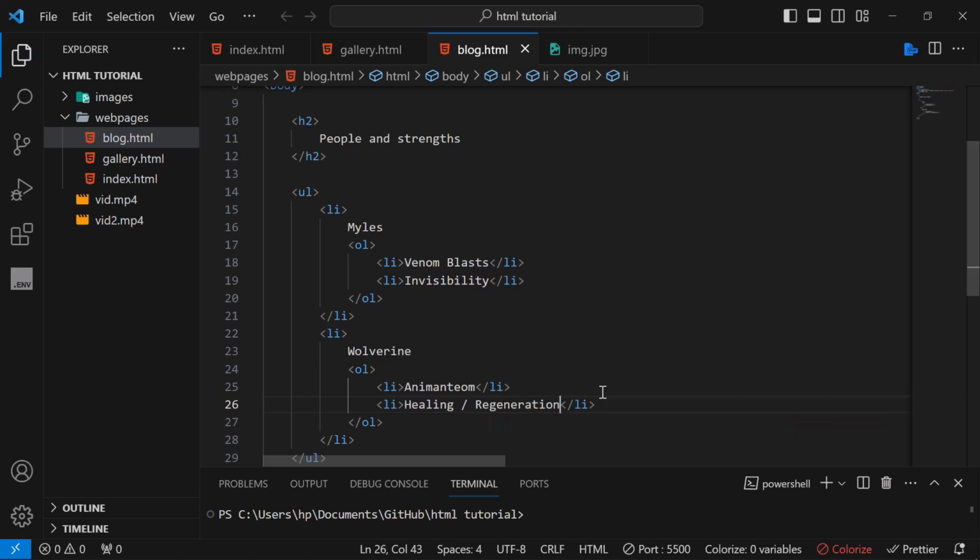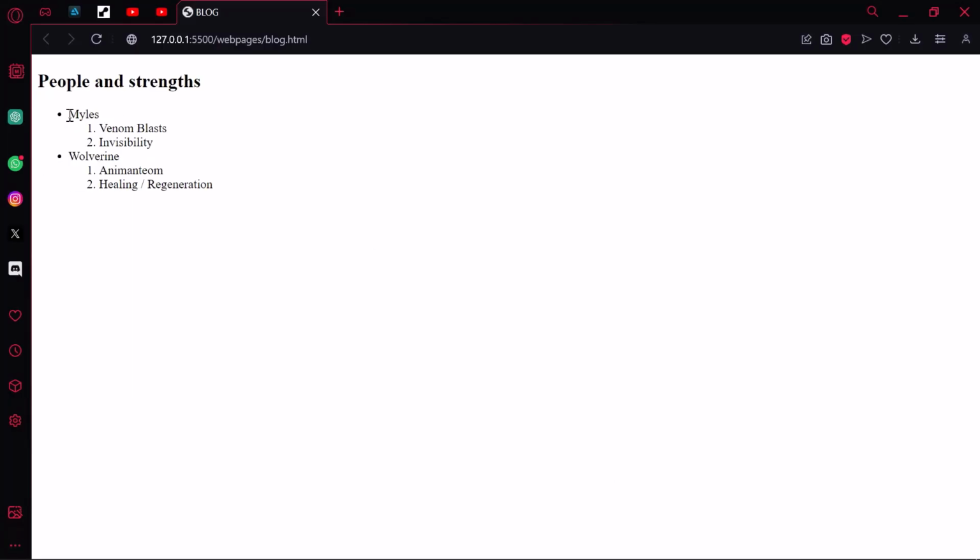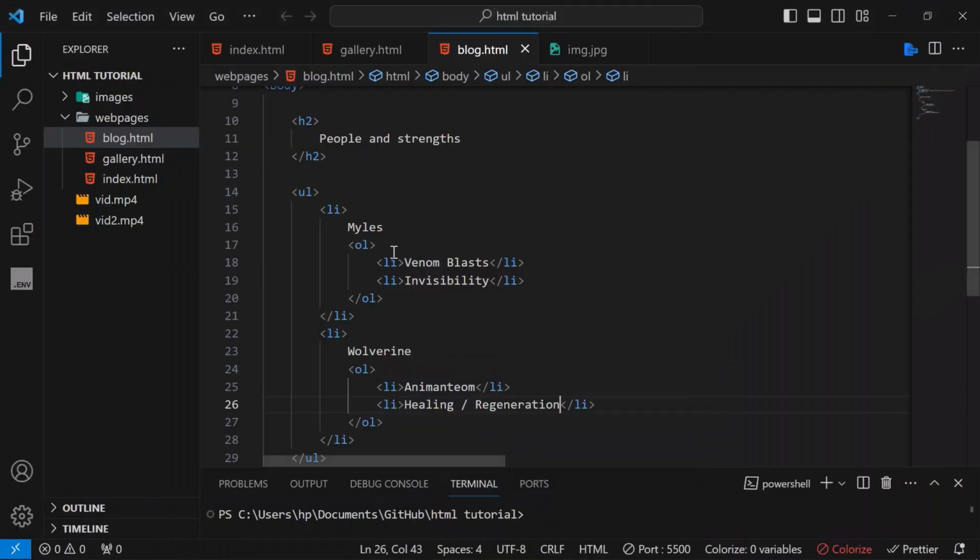So let's look at the browser. So you've noticed here, each of this is just an unordered list, but inside the unordered list, we have an ordered list for each of these. So I can go further to say, and to show you how deep this goes,